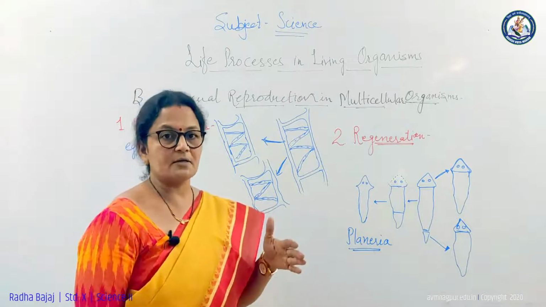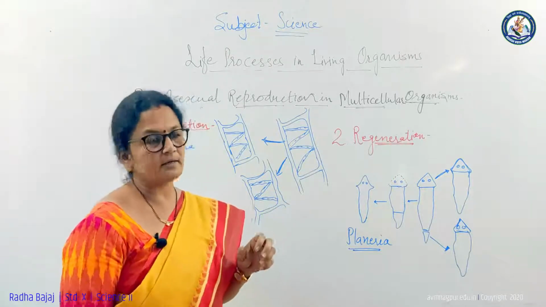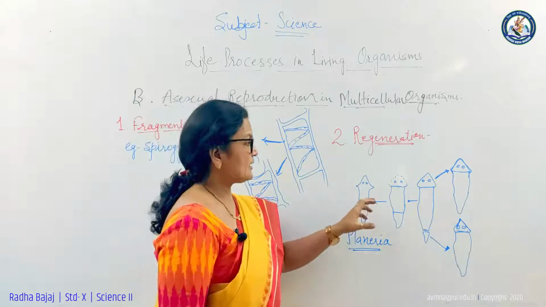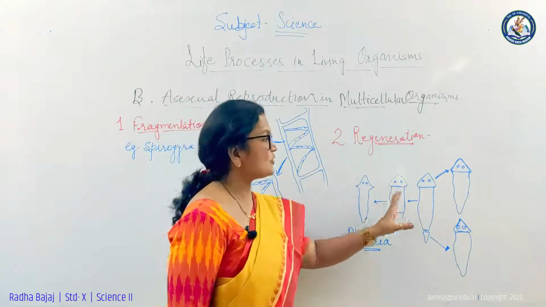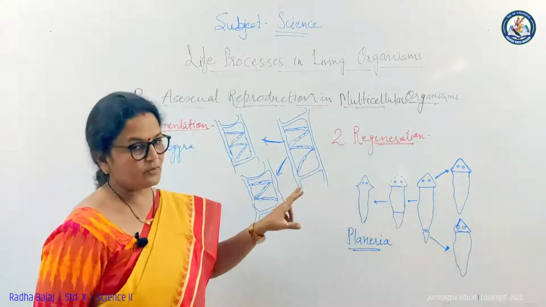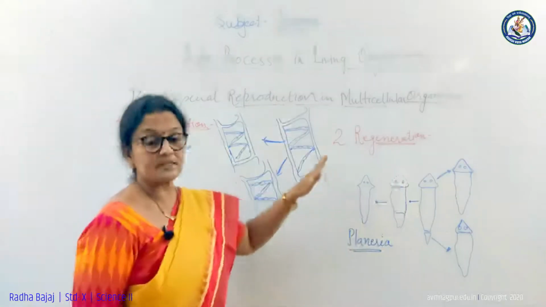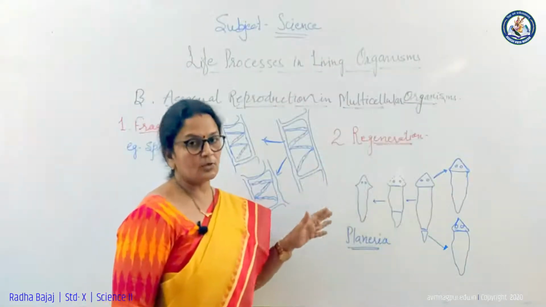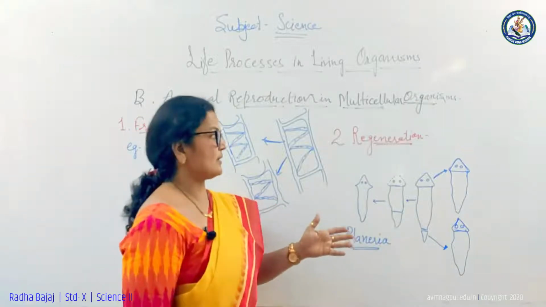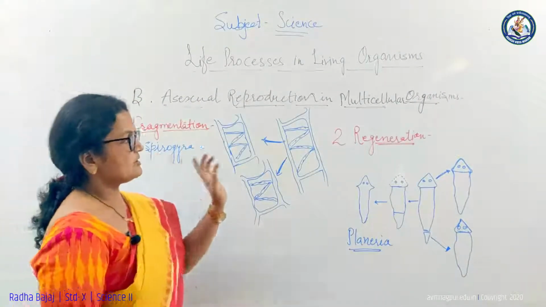The tail does not become a new organism, therefore it is called limited regeneration. But in planaria, each cut part develops into a new planaria. Therefore this method is considered a method of reproduction, because in it we are getting new organisms. So first is fragmentation, second